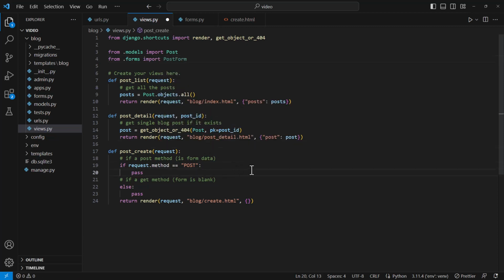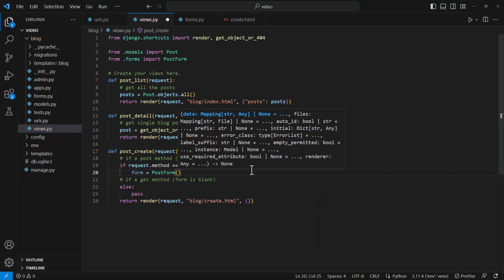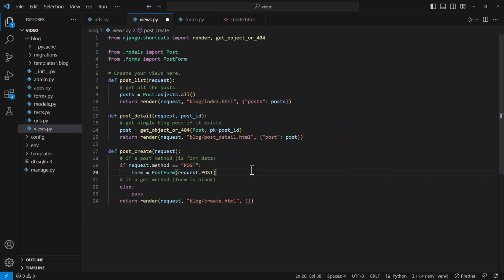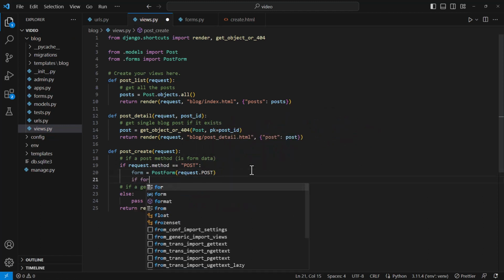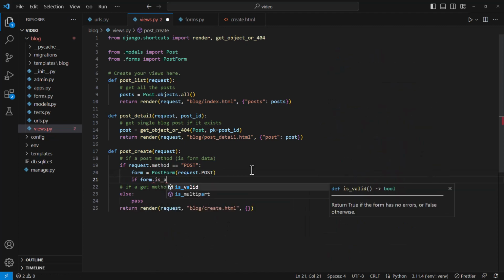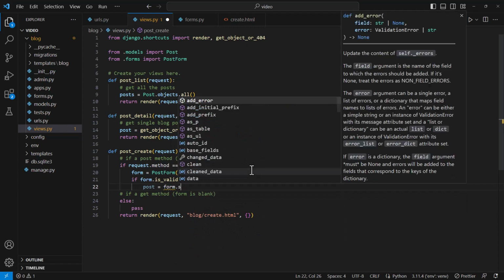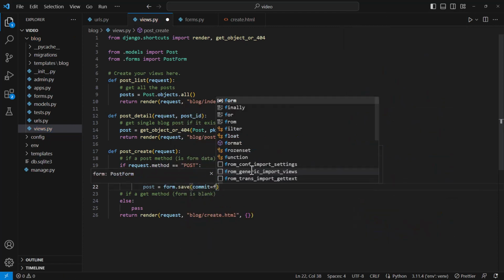Then we could say if it's a post request, then form equals post form with the info from request.post. So that'll be the form info. If form.is_valid, this does some checks to make sure that the values are all valid. If that checks out, then we can go ahead and save that info and create this post in the database. So post equals form.save, commit equals false,